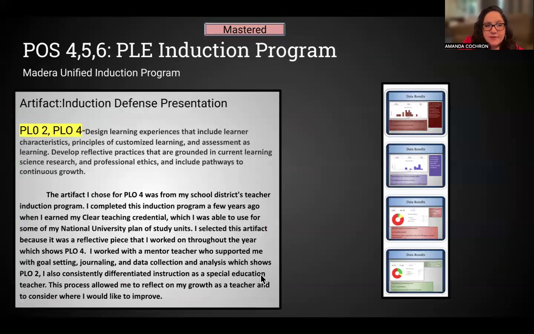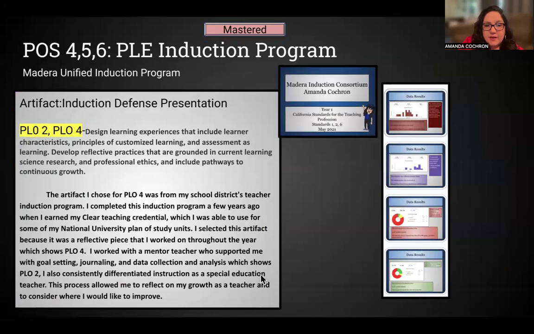For PLO 4, 5, and 6, I included my PLE induction program. I did this a few years back. This was part of my district's program to get a clear credential. I believe I completed it in 2021. I selected this artifact because it's a reflective piece that I worked on throughout the year.